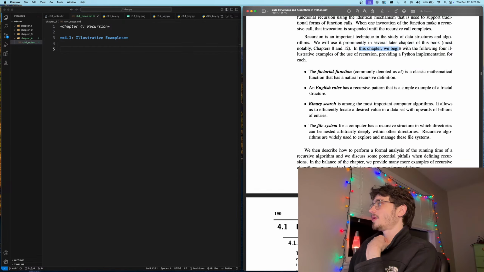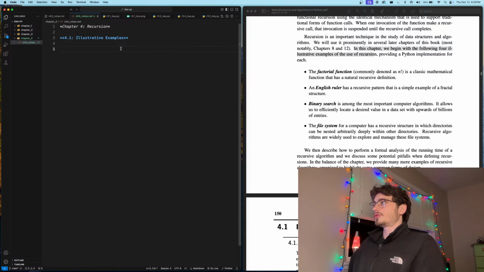In this chapter, we begin with the following 4 illustrative examples of the use of recursion, providing a Python implementation for each. Okay, cool. So,